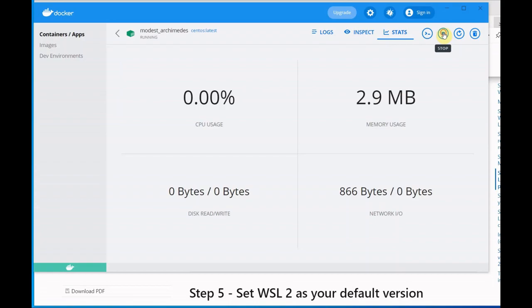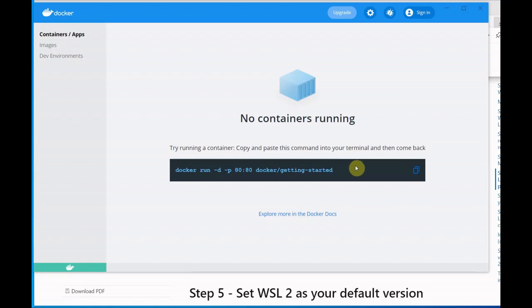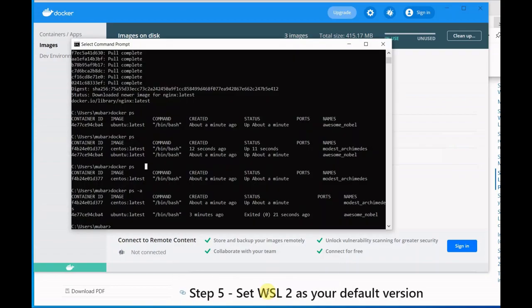So let's stop this container and delete this one. Now you can see we don't have any containers, it's showing no containers running. And in images we have the three images, that is Ubuntu, Nginx and CentOS. And from these two options we can control, download and run the containers easily from the command prompt.